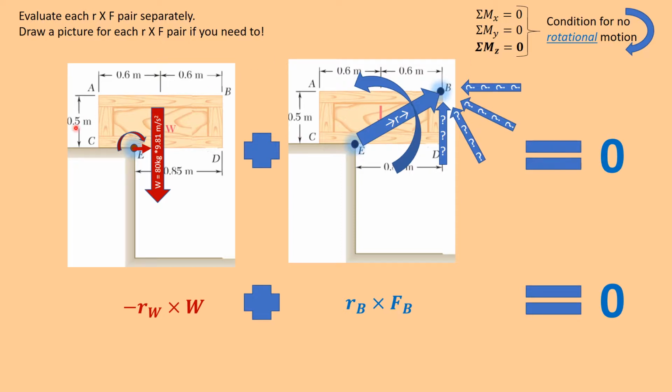So in two-dimensional problems, what it's rotating around is the z-axis coming out of the board. So we're really paying attention to what's happening in the z direction. And if we add together this combination, the weight is trying to rotate it around that z-axis, and our force up here at B is also going to be rotating it around the z-axis. So we're going to add everything in the z direction, everything that's rotating around the z-axis,